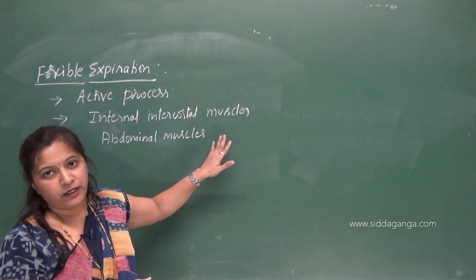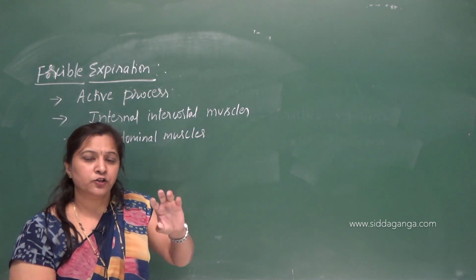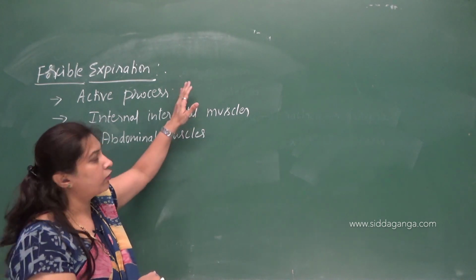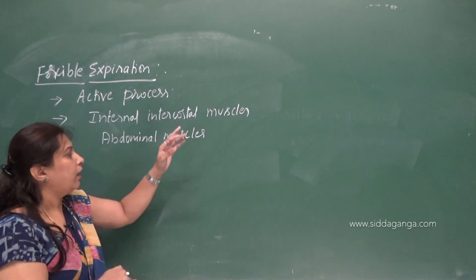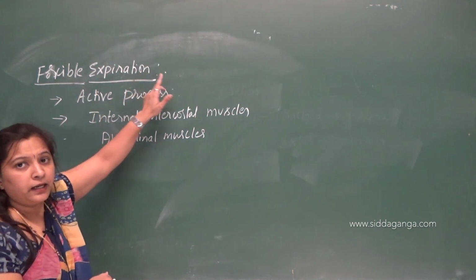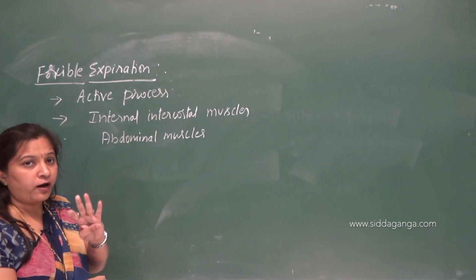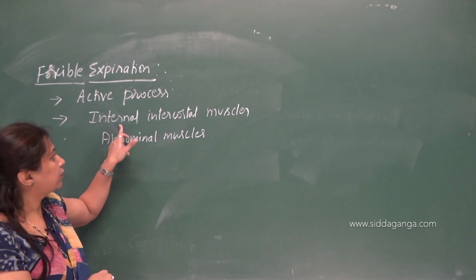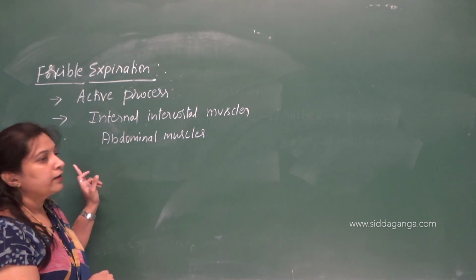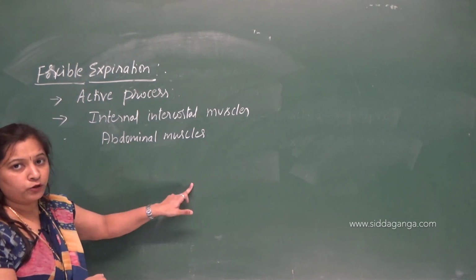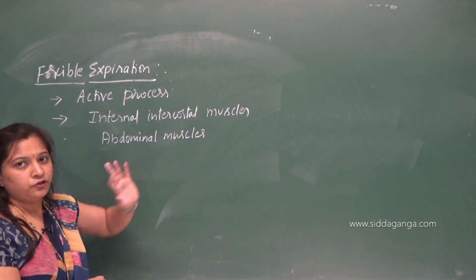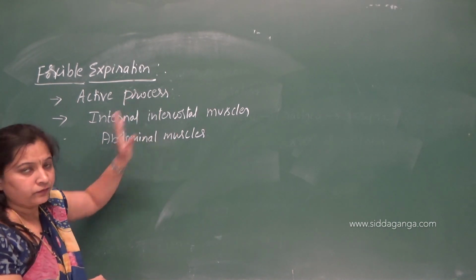So this is for competitive exams. If they ask you to write the mechanism of breathing, you write only inspiration and expiration. This is for NEET. They may ask a question like this: which of the following muscles are involved in forcible expiration? They will give 4 options. First, internal intercostal muscles. Second, abdominal muscles. Third, external intercostal muscles. And the fourth, both 1 and 2. Obviously the answer is both 1 and 2. So this is for NEET. Understood clearly?